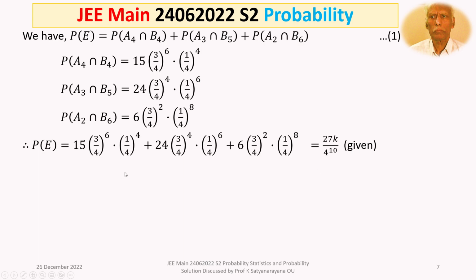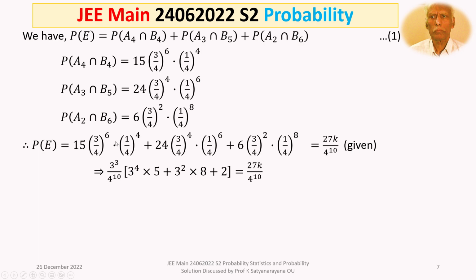Now in this, so here 3 square and a 3 from 6 is coming, that is 3 cube you take out, and 3 cube you take common. Now 4^6, 4^4, 4^10; 4^4, 4^6, 4^10; 4^2, 4^8, in the denominator 4^10. So that is coming out throughout. So that is 3 cube by 4^10 into 3 cube. If 3 cube has gone, then it will be 3 cube and a 3 from here,